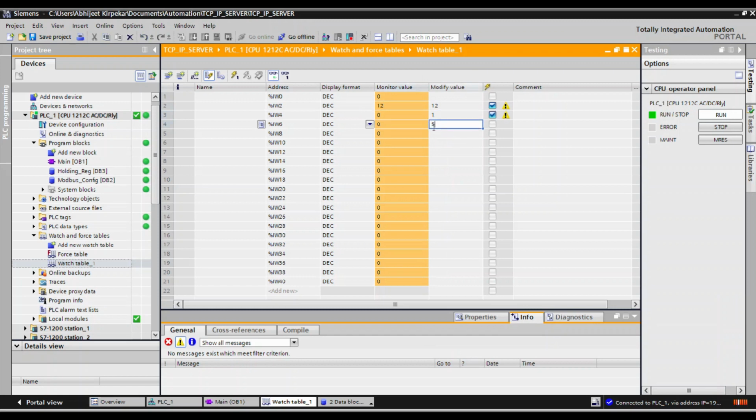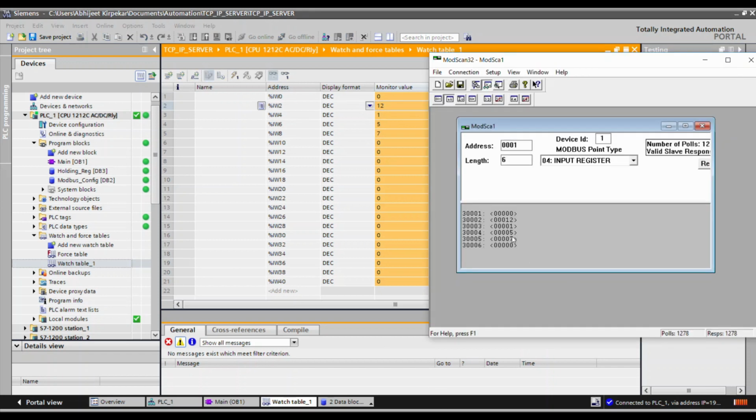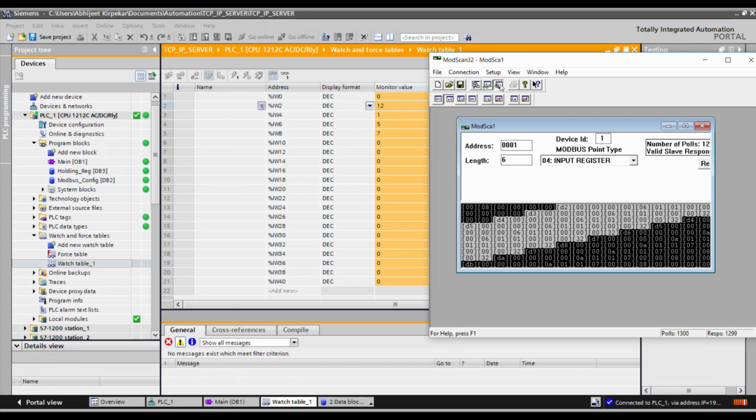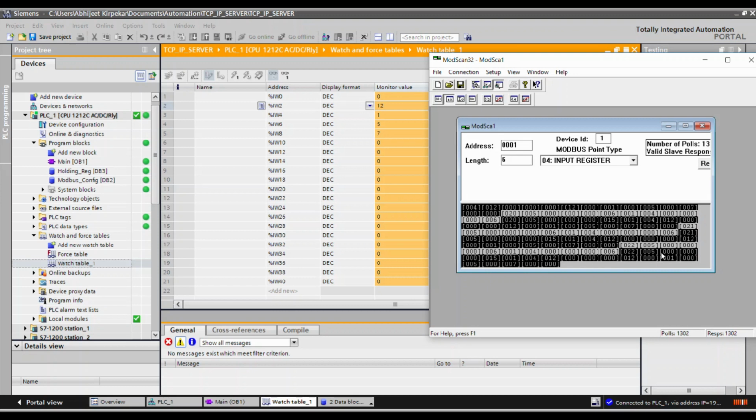Let's move here 1, 5, random values, 7, and now all these values are moved into these registers and we'll see that they are all moved also to their corresponding Modbus addresses at the client. The client is raising the queries to read these inputs and our server is responding and sending these values. You can see here this white color section is raising the queries and the black is the response from